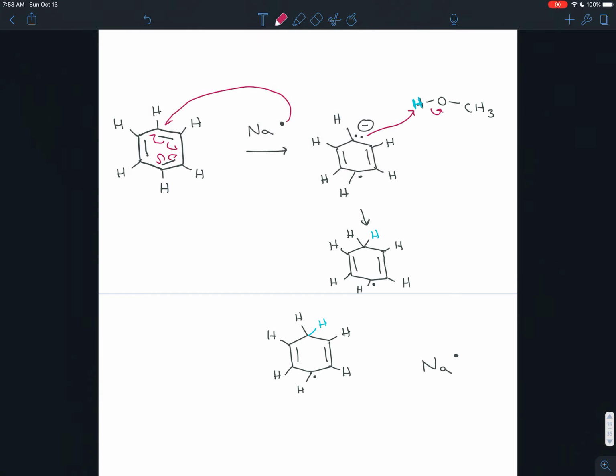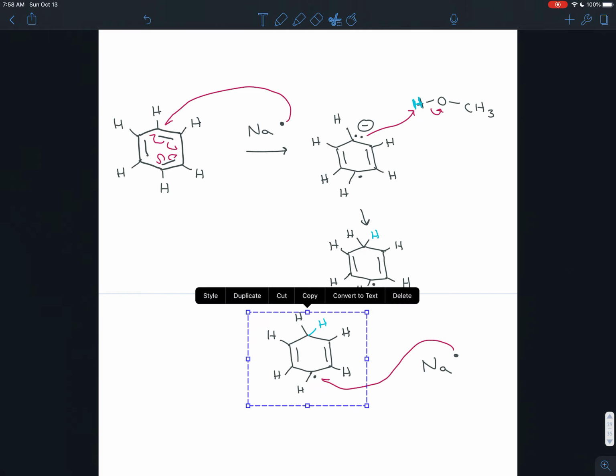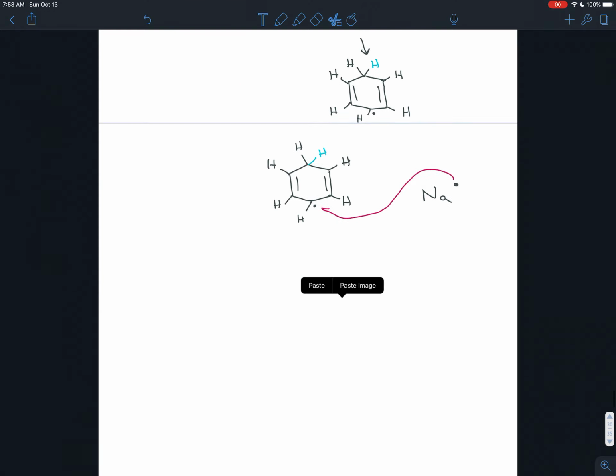It loses electrons very easily. They're not even associated into atoms in the metal. So it donates one electron there, and you end up getting